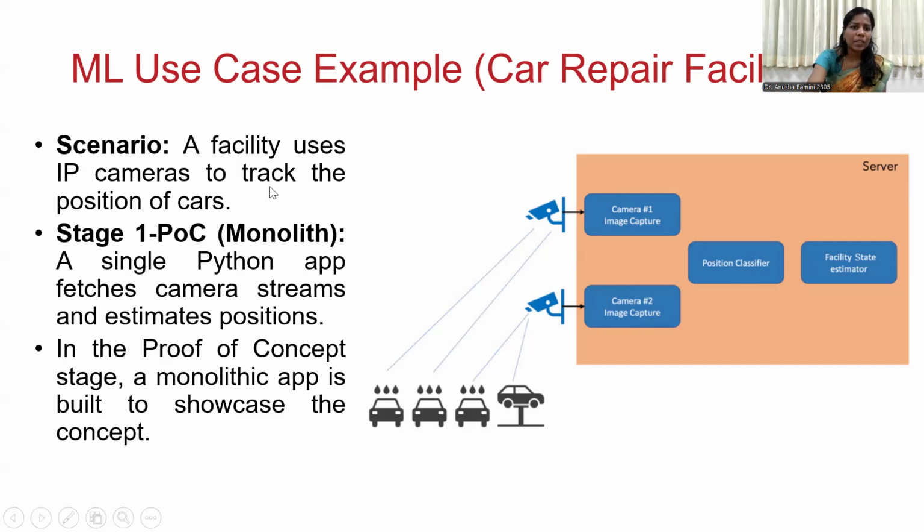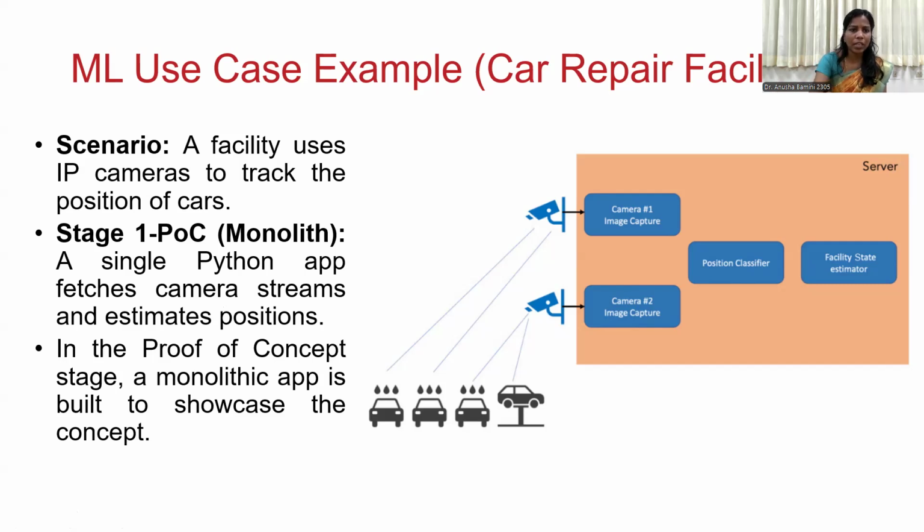So the scenario is a facility uses IP cameras to track the position of cars. In our stage one, we are using the proof of concept as monolithic architecture. Here a single Python application fetches camera streams and estimates the position. A single model, a single application we are using to do all these tasks: capturing the image, positioning the car, and facilitating the